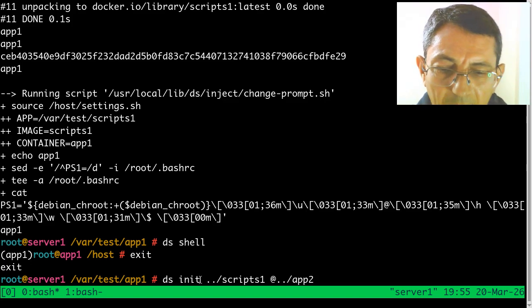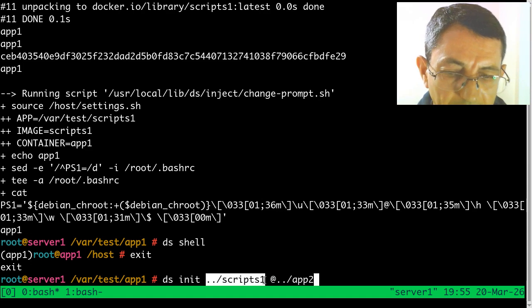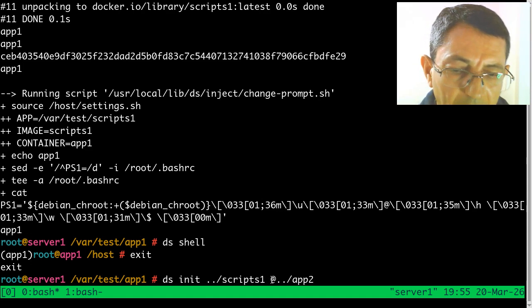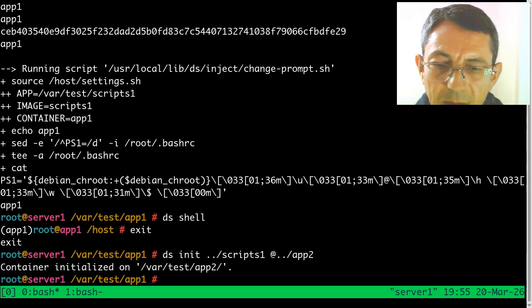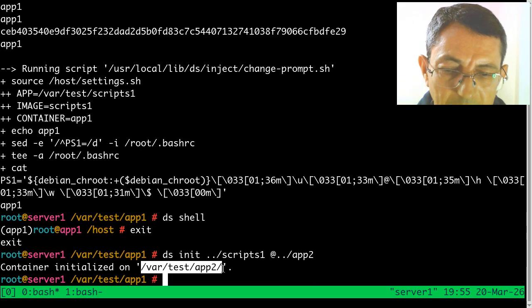So I'm telling the command ds init to use the scripts in this directory and initialize the container into this directory. And it has initialized it into this directory